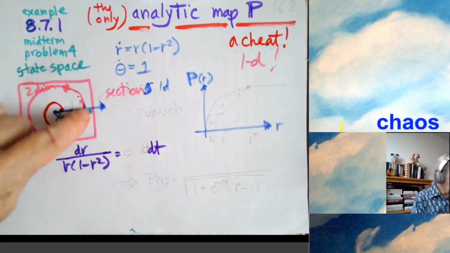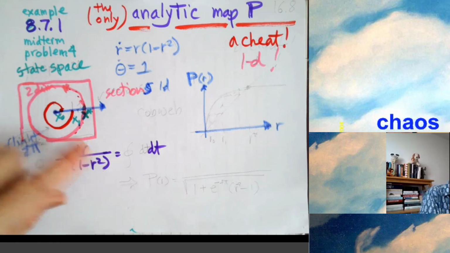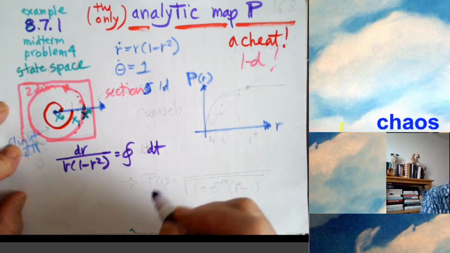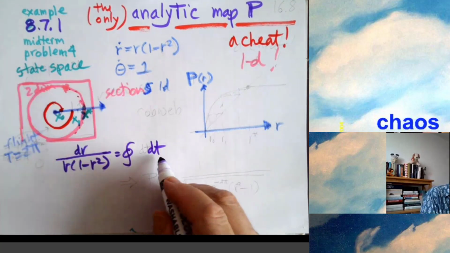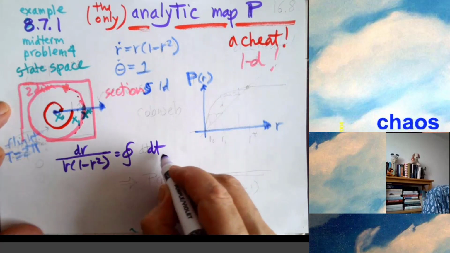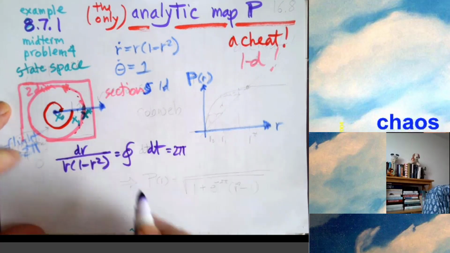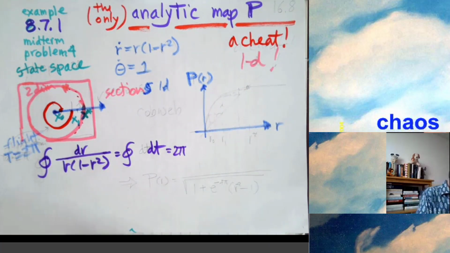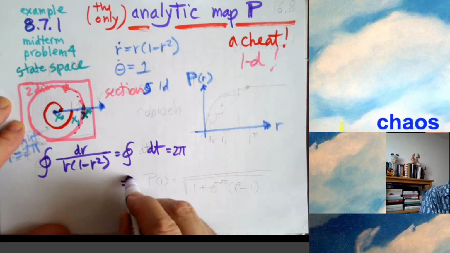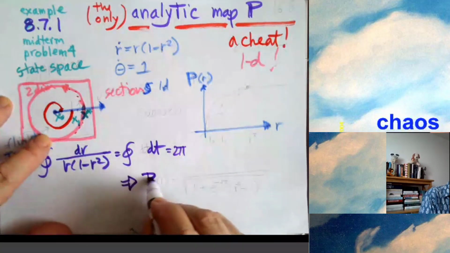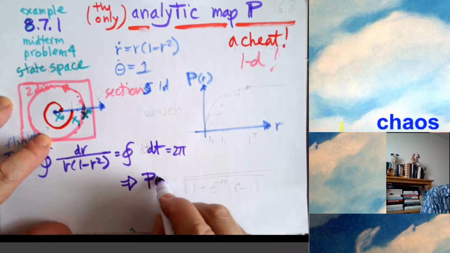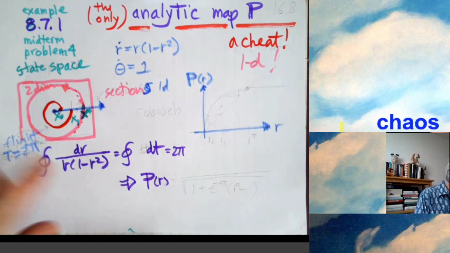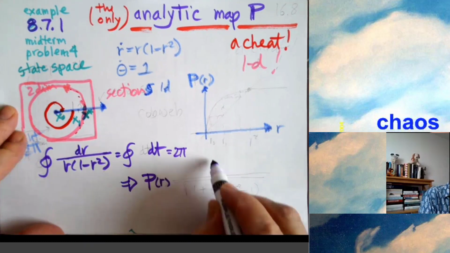And now, to find the Poincaré section, you just integrate this over 0 to 2 pi. On the right-hand side, you just have a constant. So, this is 2 pi. But on the left-hand side, you have to do a little work. And you find out, you can analytically find what P(r) is for any initial point on the real line, where you land. That's just this integral after 2 pi. And that looks like,